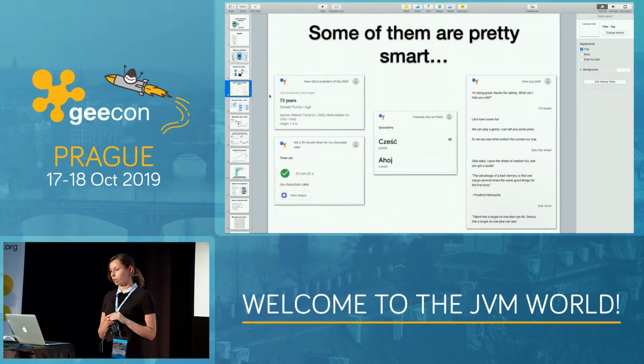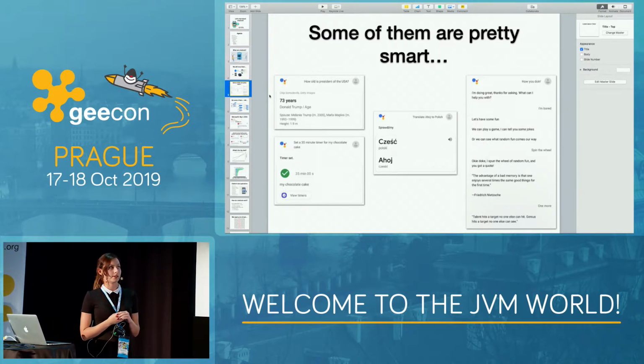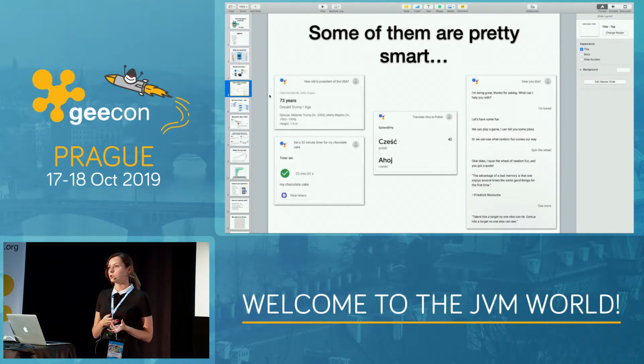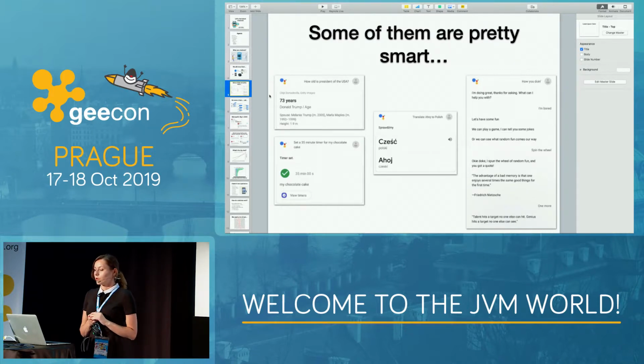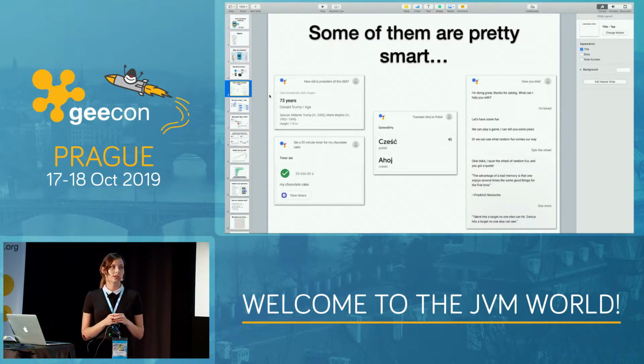Another example of the smartness of our chatbots is machine translation. It's in the center of the screen. If you ask your chatbot to translate something into another language, it will capture the language, basically both languages, and translate one into another. You can also set timers, but you also need to give permissions for that. You can also have a little chit chat, so chatbots can tell you some jokes, some information that you need.